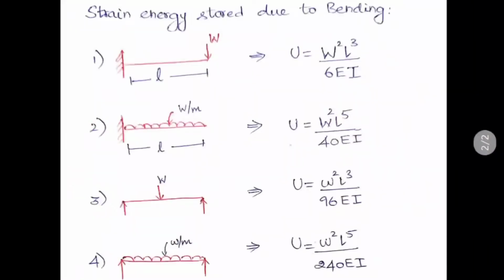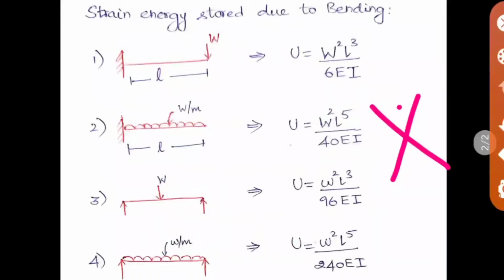And here I have given some important strain energy formulas. So we have studied in general the U value for various cases, that is if moment is applied, if torsion is applied, we have studied already. And if only axial load is applied, we have studied it as P square L by 2EI. Okay, similarly, these four cases are very, very important and these are to be studied for basic knowledge. Okay, so they are asked again and again in several exams. So these four are very, very important.